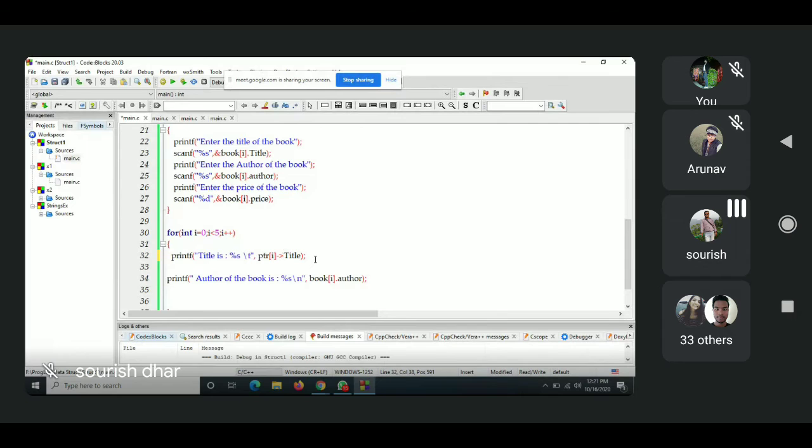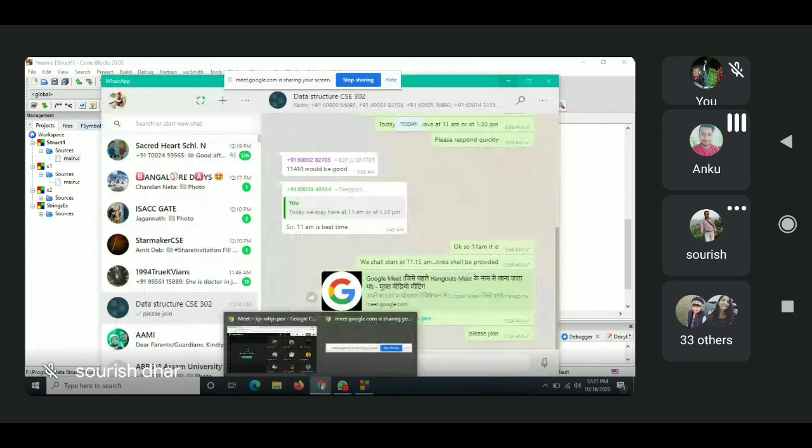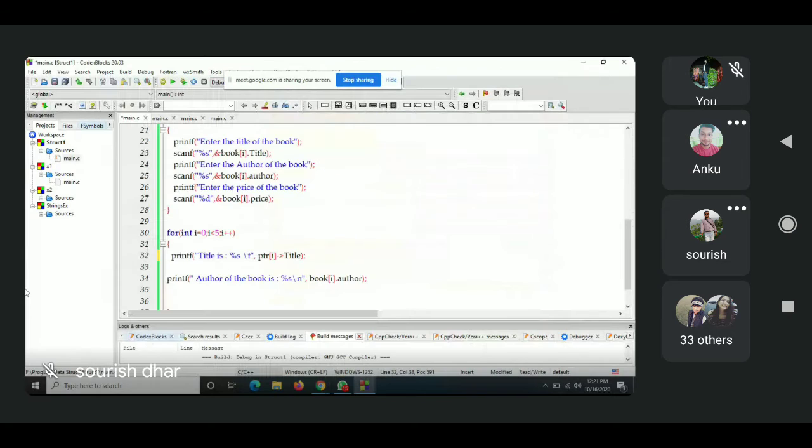Sir, with a dash and right shift. Yeah, dash and the less than or greater than symbol. Okay, so let's see whether it works or not.